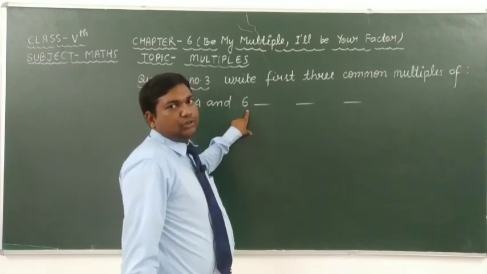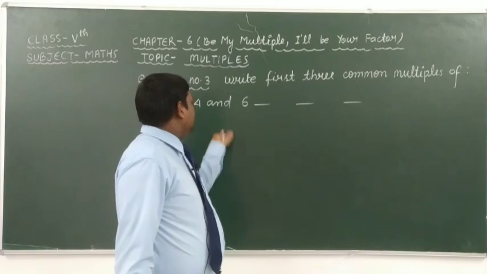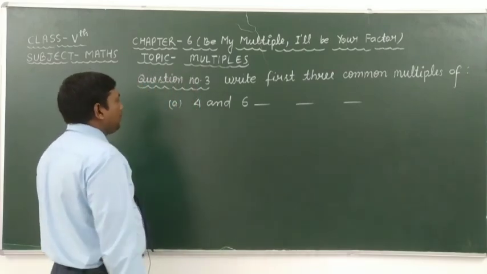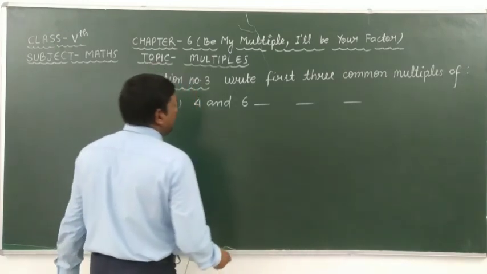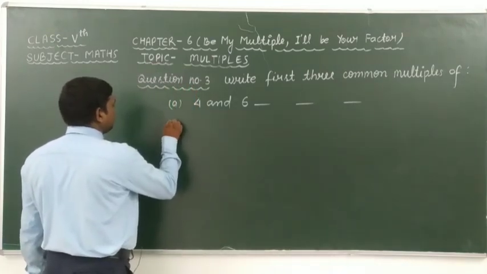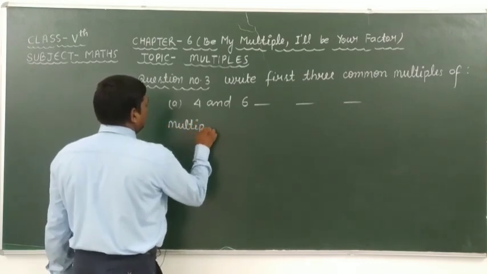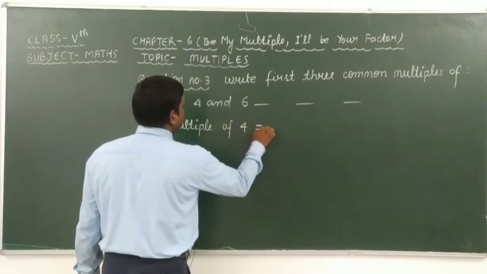Then we have to choose the common multiples of these multiples. Okay, look at here carefully. Firstly we write the multiples of 4 is equal to,